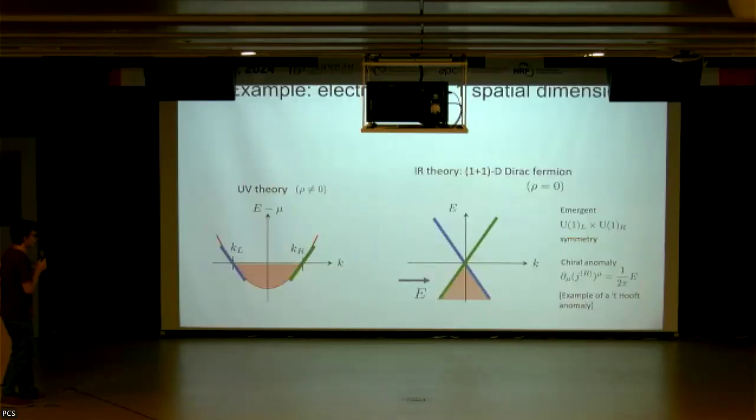So what is the way forward? The previous attempts are basically trying to describe something like this UV theory. They start from CFTs, right? So it wouldn't be this quadratic dispersion, it would be a linear dispersion. And then obviously in holography, you're studying strongly coupled CFTs, not non-interacting CFTs. But basically, you're switching on a non-zero charge density and trying to find out what happens. So maybe instead of trying to do that, you should just look at this IR theory, which actually has zero charge density, but it has an emergent